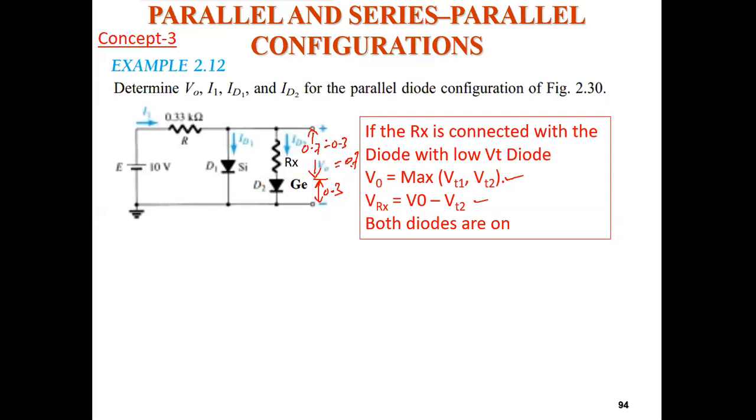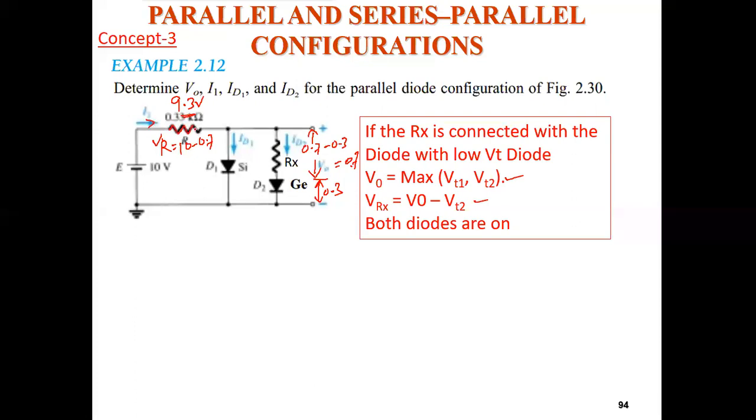So first of all you will get that this net V0 equal to 0.7. तो V0 equal to 0.7 मतलब यहाँ पे कितना हो जाएगा? This VR will be equal to how much? 10 minus 0.7. ओके, तो ये जो 9.3 है, R के एक्रोस में हो जाएगा 9.3 वोल्ट. ओके, ये 9.3 वोल्ट हो गया, तो I1 मुझे मिल जाएगा कि नहीं?